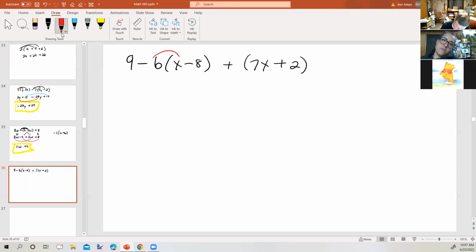Minus 6 times x, minus 6 times minus 8. What you need to be careful of is not to do that first. Don't go, oh, 9 minus 6 is 3 and then distribute the 3, because that would be doing subtraction before multiplication, which is not correct. Okay, so be careful. So what we are going to get here is 9